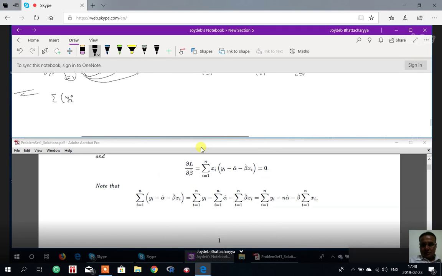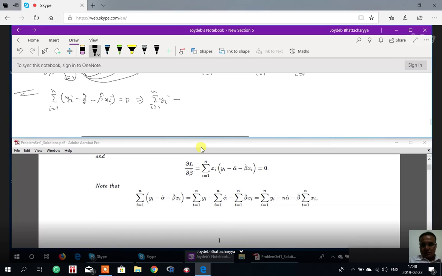Summation yi minus alpha hat minus beta hat xi, i running from 1 to n, is equal to 0. This being equal to 0 means what you get is summation yi, i running from 1 to n, of course,